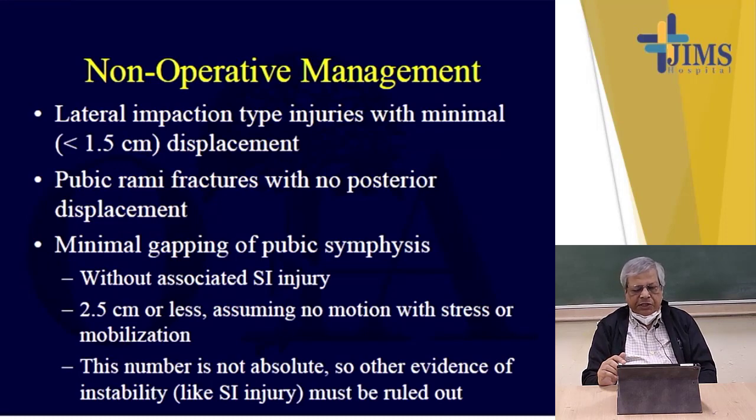So, this can be treated in two ways, either non-operative management or operative management. Non-operative management is mostly for those lateral impaction type injuries with minimal displacement. Where there is less than 1.5 centimeter displacement, one can go for non-operative management. Pubic rami fractures with no posterior displacement,